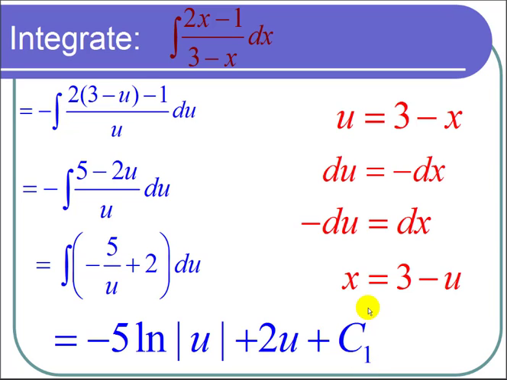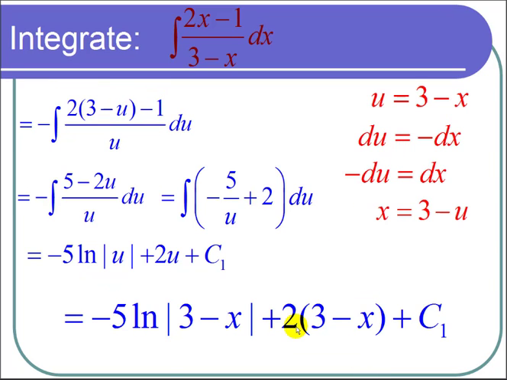So now let's resubstitute. We know that u is 3 minus x, so where I see a u, I have a 3 minus x. And now if I multiply the 2 through, 2 times 3 is 6 as a constant, and I can incorporate that constant 6 in with c1, call that a new constant c, and then also 2 times negative x is